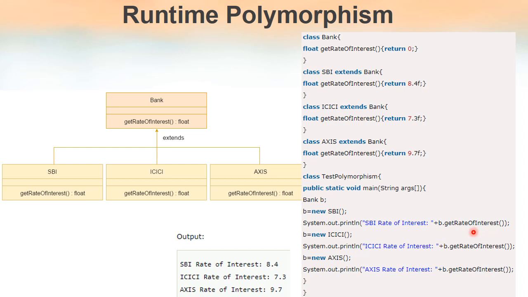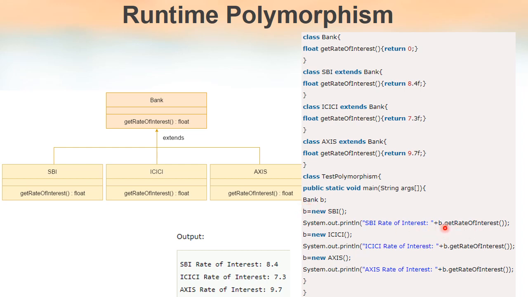I repeat, if we call a method that is overridden, here getRateOfInterest, this method is overridden. Why? Because we have a parent class Bank, we have a child class SBI. In both classes there exists a method with the same name and same parameter list. Due to inheritance, this class will be getting a copy of this method also. That means inside this class there are two methods with the same name, and we are calling that method that is being overridden, but we are calling it by using a reference variable B, which is of type Bank, which is the parent class.